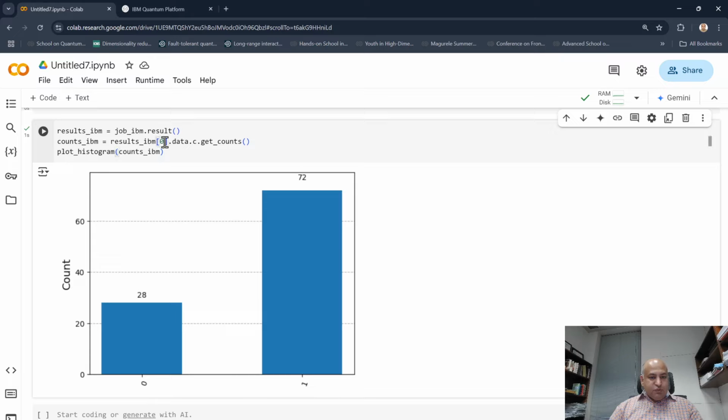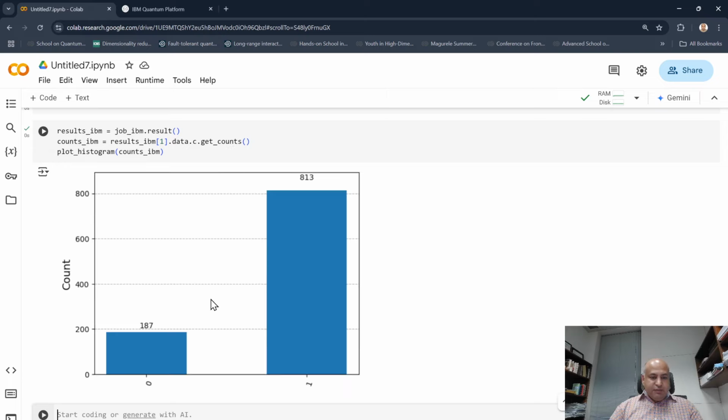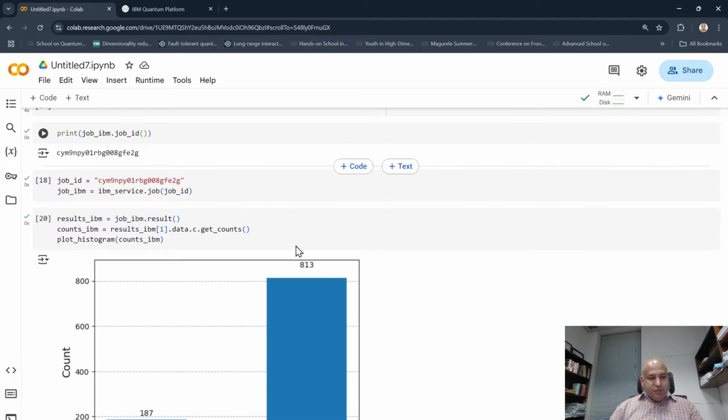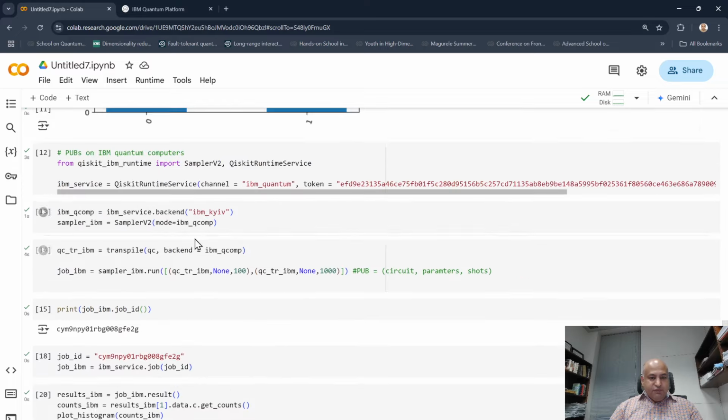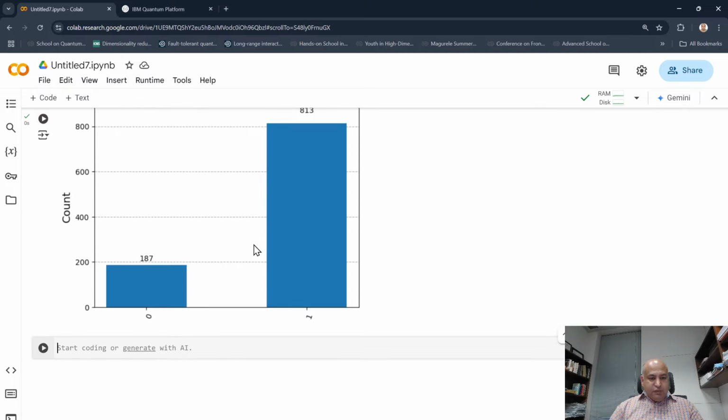And if you want to see the results for the second pub, let me put 1 here, and for the second pub, the results are 0 187 times and 1 803 times. And actually I can compare the results for this IBM and for, let's say, this counts 1000 for the Aer simulator. Let's do plot